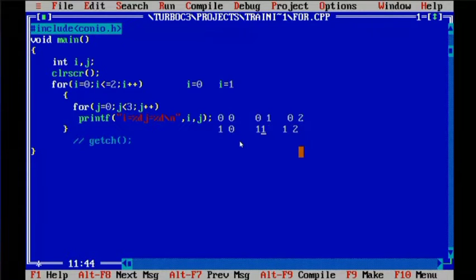The inner for loop will be executing as usual, j equals to 0 up to the terminating condition. But for the first iteration, the I value will remain constant. That is the first value of I. So j will be completely executed. So the j value will vary, whereas the I value will be fixed. So the first time I was fixed to 0.